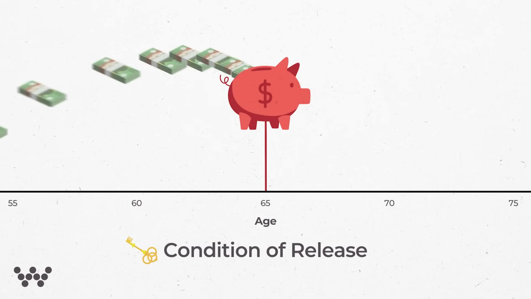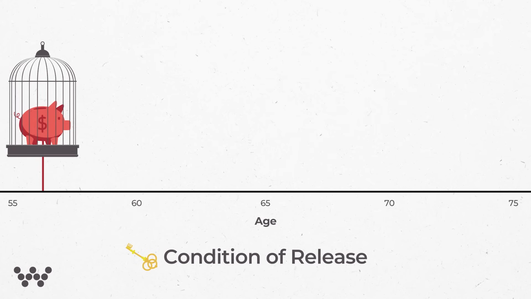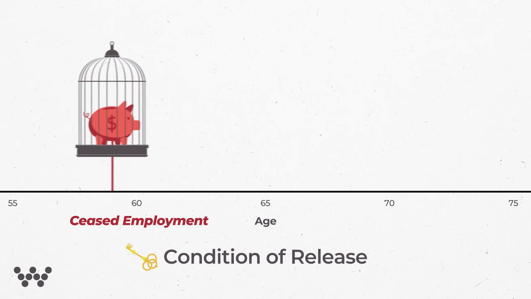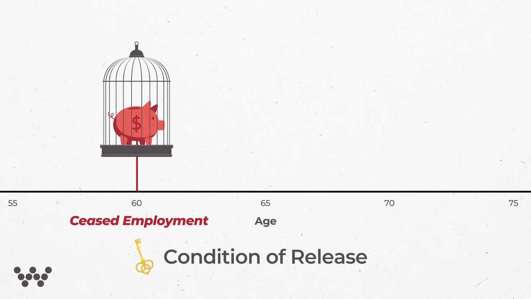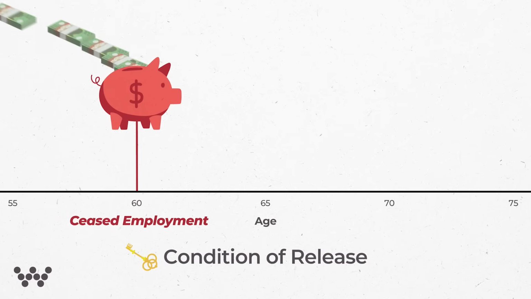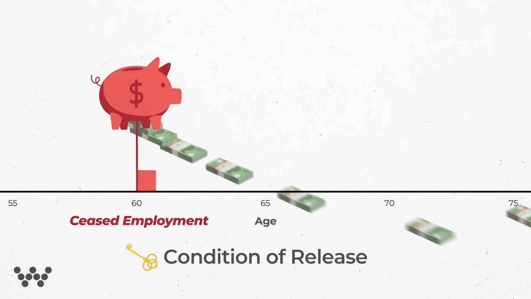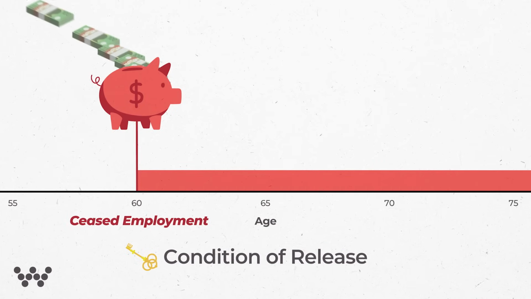age. Alternatively, and we've had a lot of comments and a lot of questions around this from previous videos, if you cease an employment arrangement after attaining 60 years of age, you may also be able to meet a condition of release and therefore start drawing an account-based pension from your superannuation assets. Once you've met a condition of release, you can start this pension at any time you like.